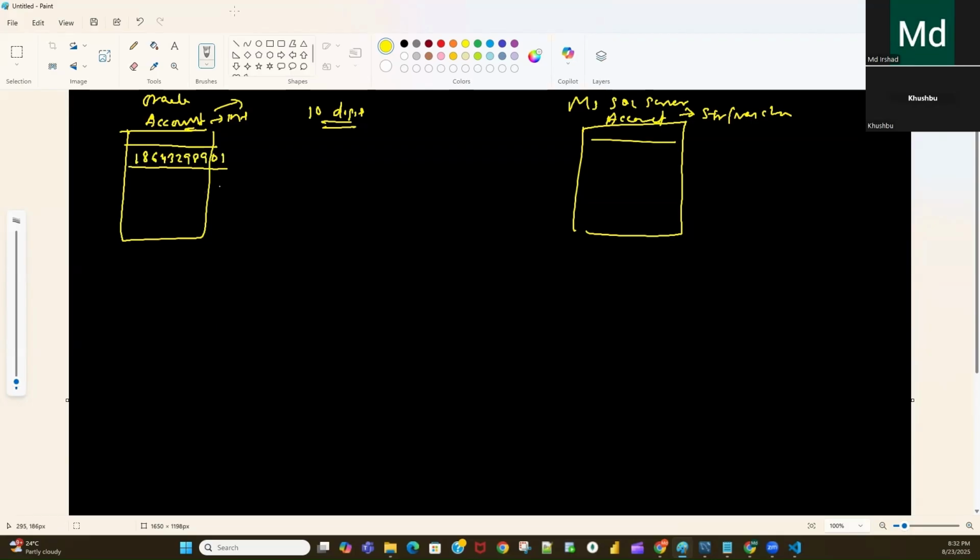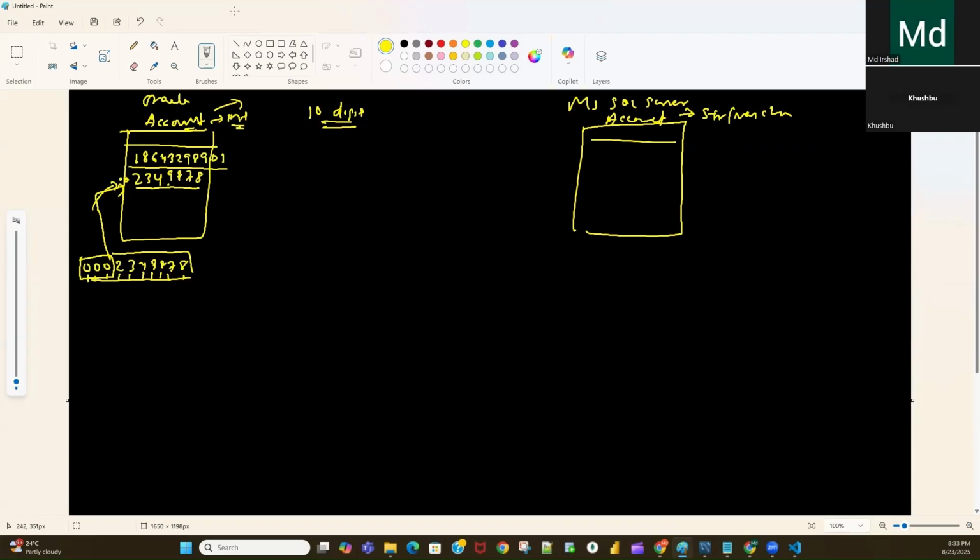But if you try to store in this column some data like this: 0002349887, that is one, two, three, four, five, six, seven, eight, nine, ten, so this is 10 digits. When you insert this data into this account, which is an int type, the database will automatically eliminate these zeros while inserting. It will start only from 2349887. So the account is only how many digits? 7 digits, because it will not accept the leading zeros.